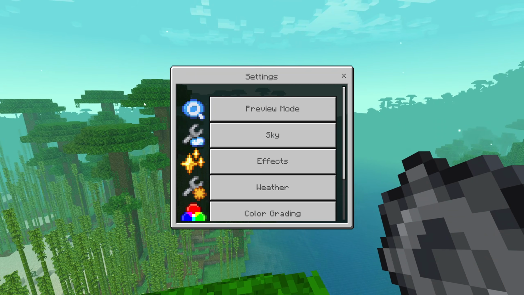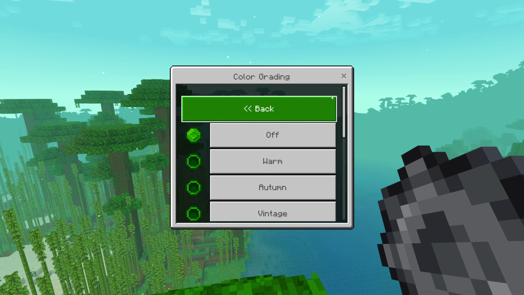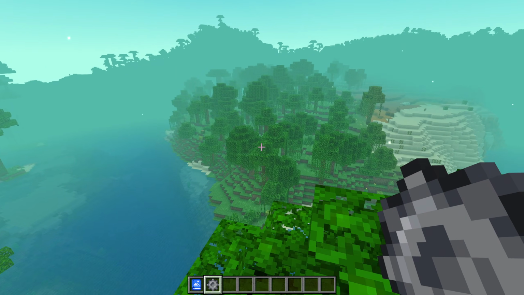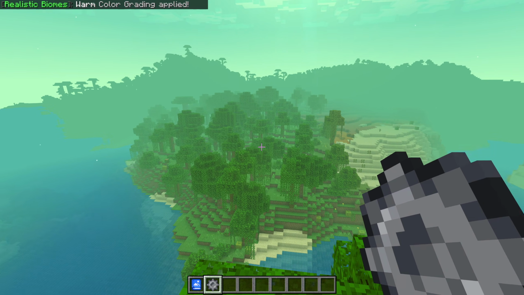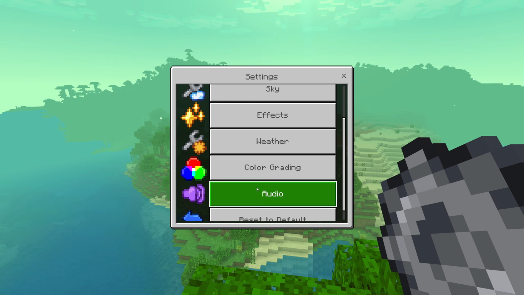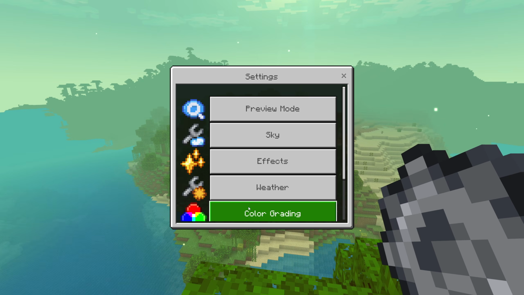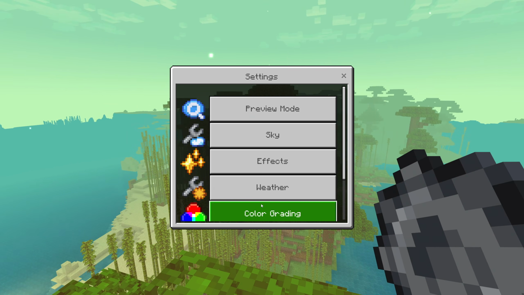Okay, so the next thing I want to show you, again, I'm not going to go super into detail on these, is color grading. Right now we have the default Minecraft color grading on the world, but you may have a different type of color that you like. We just changed it to be warm there. We can make it more autumn looking. It just gives you a little bit different look at the world by changing the color grading